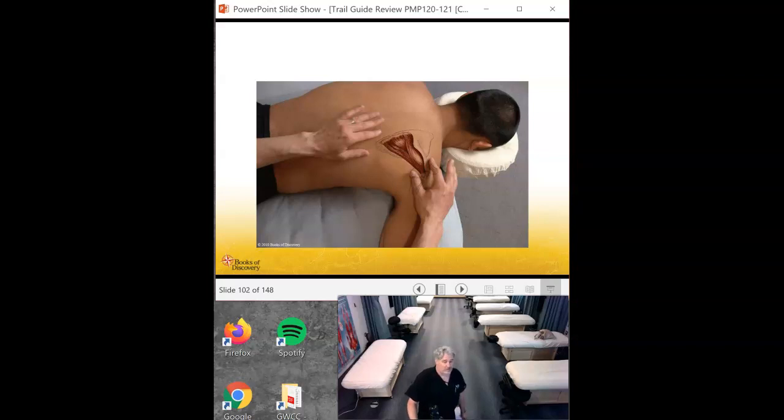Is that the infraspinatus? It is all day long. Awesome. Infraspinatus. What is the action of the infraspinatus? It's a great question. It's a pretty good question. Infraspinatus. Hold on. Let me try to do this with my shoulder. So, is that